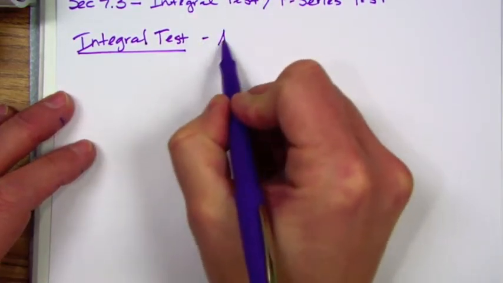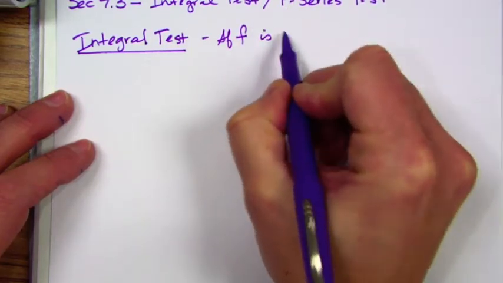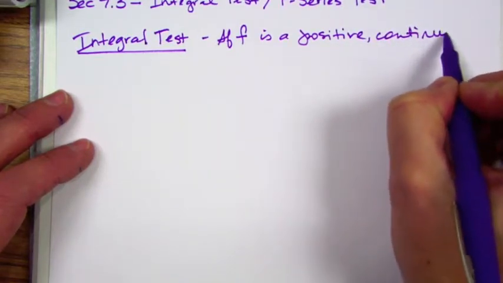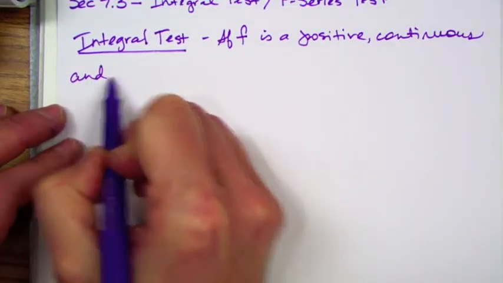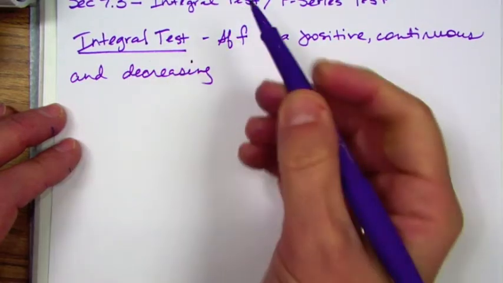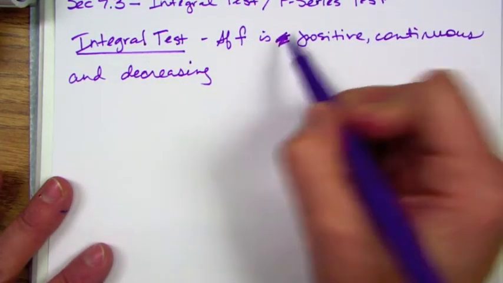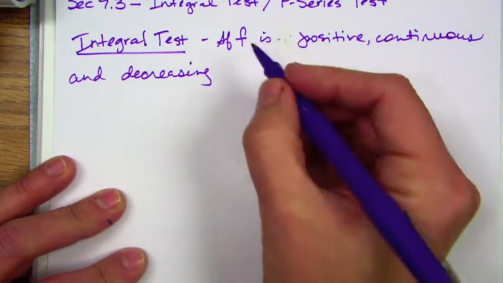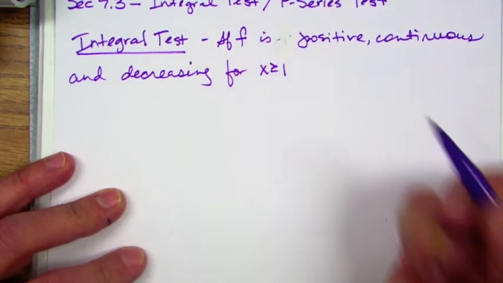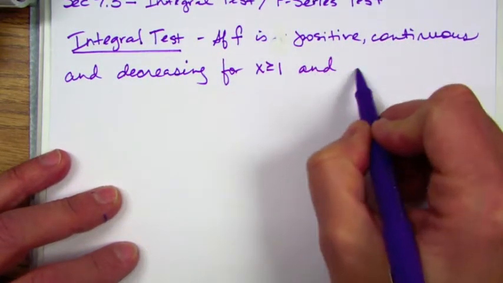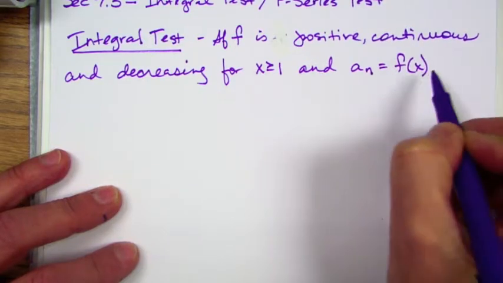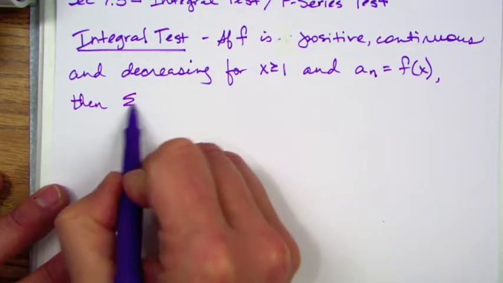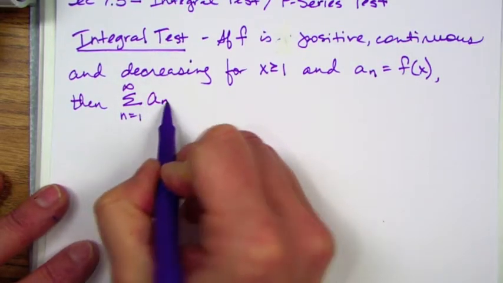Okay, integral test. If f is positive, continuous, and decreasing, for x greater than or equal to 1, and a sub n equals f of x, then the series from n equals 1 to infinity of a sub n